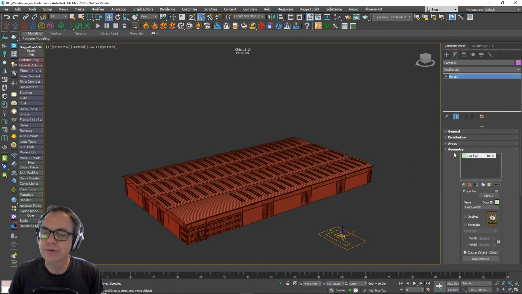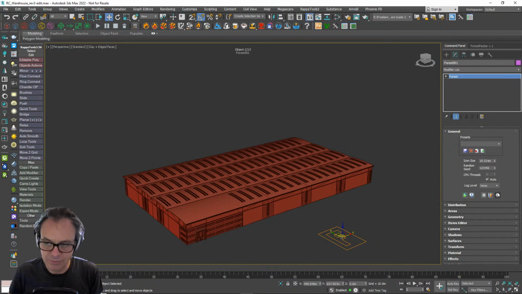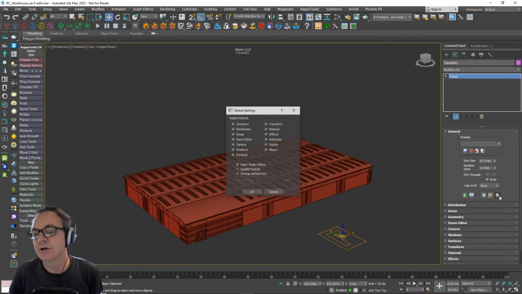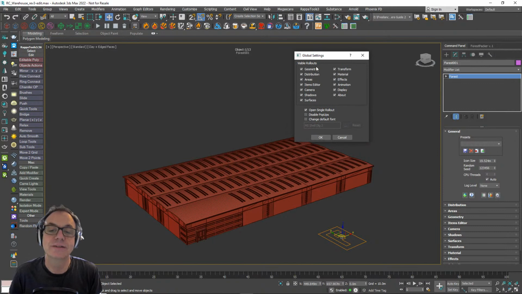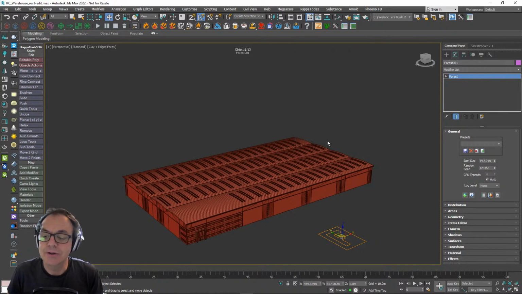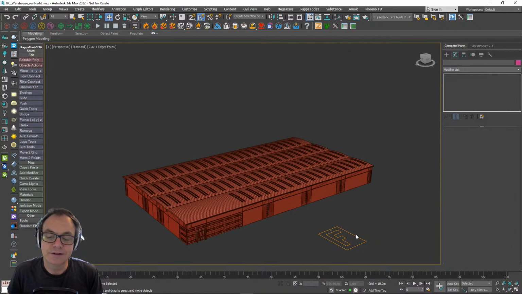If you go into the general rollout and pop open the global settings with this little cog icon, you can see each one of your rollouts can be turned off. So for example, maybe I'm not doing any animation, I never use effects, I don't use the material tab. I'm going to let Forest Pack handle cameras, don't need shadows, and everything else I probably would keep, and hit OK. Then I select this Forest Pack object again.